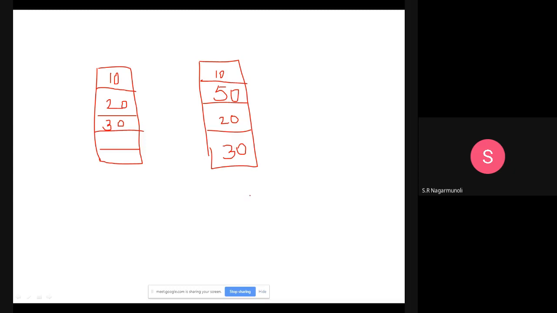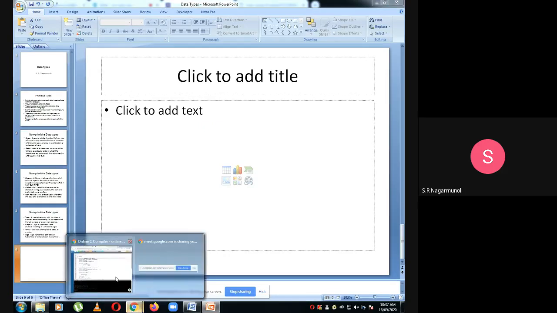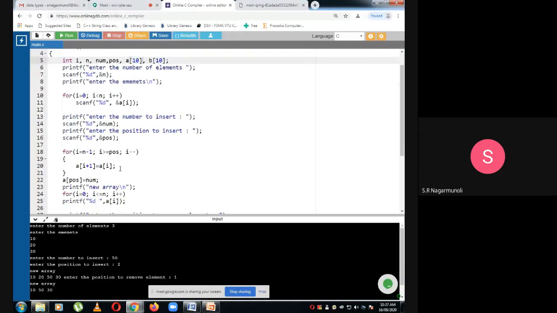So let's see how this is working. You can see that from the n minus 1 position till the position I want, I'm moving the elements to the next position. That is, the element at the ith position is moved to the i plus 1 position. We had entered 3 elements, so first 30 will be moved to the next position.